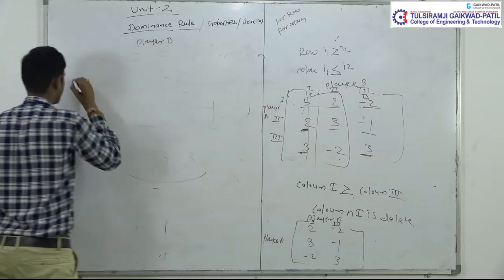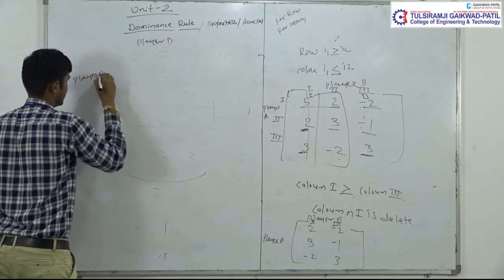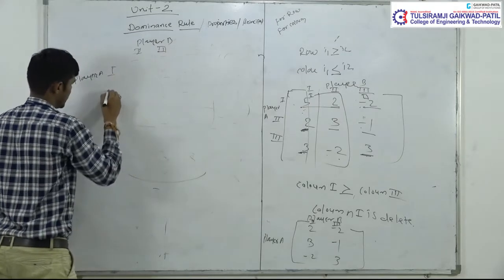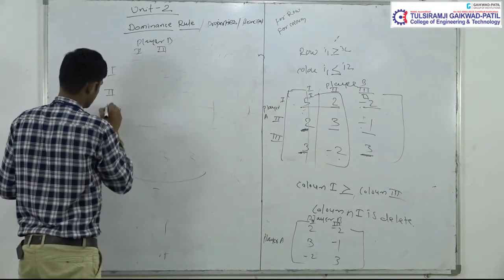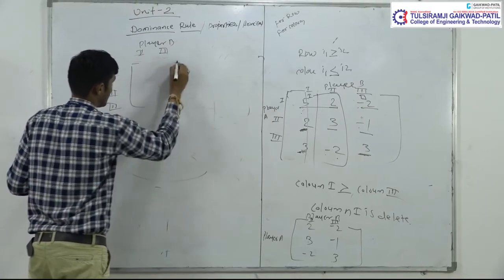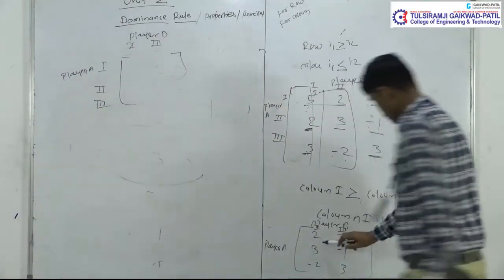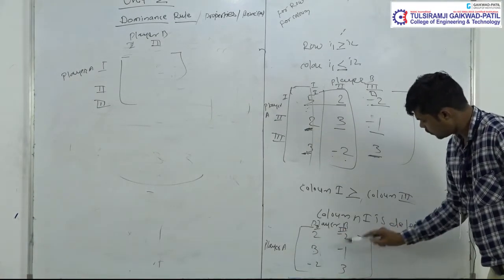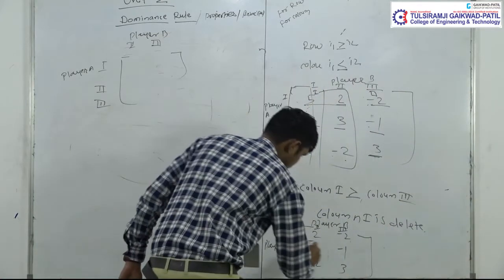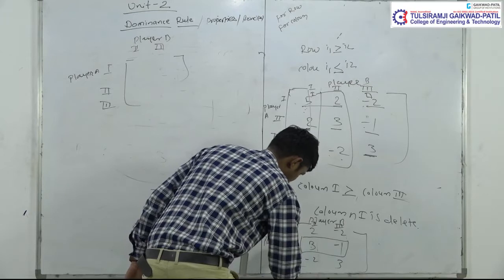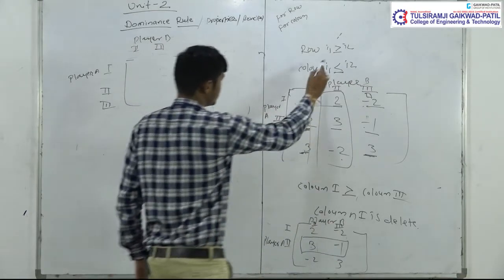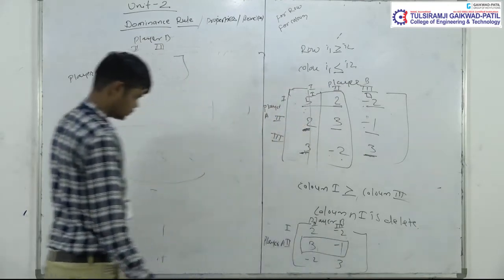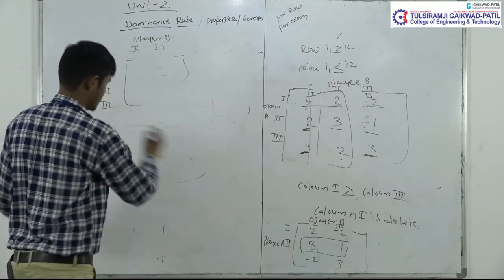Player B and player A. 2, 3, 1 and 2. Compare 2, 3: 2 is greater for 3, and minus 2 is greater for 1. That is a compare for the first row and second row. It is a greater, rule is less than or equal to, less is value for 2 and minus 2.